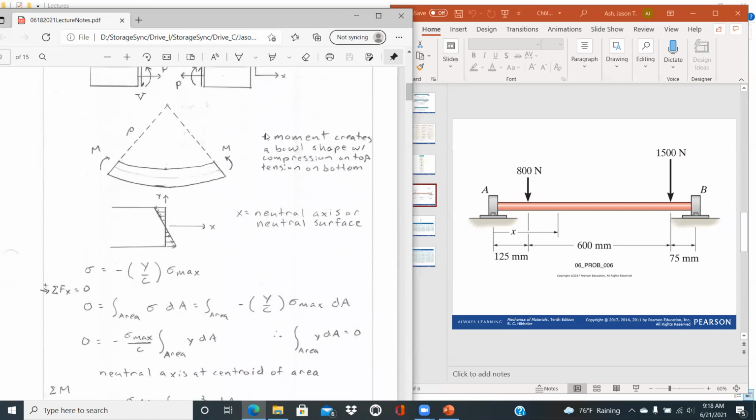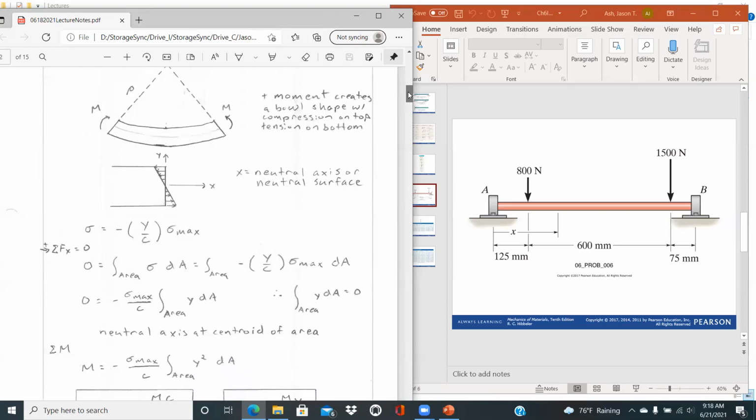Other things to note is that the positive moment creates a bowl shape, again with compression on the top and tension on the bottom. And so if we look at that, we can really then relate that we'll have a maximum stress on either side. And so we could define that linear relationship for stress as a function of y. And that's just equal to minus y over c, where again, c is the maximum distance from the neutral axis to the outer edge,